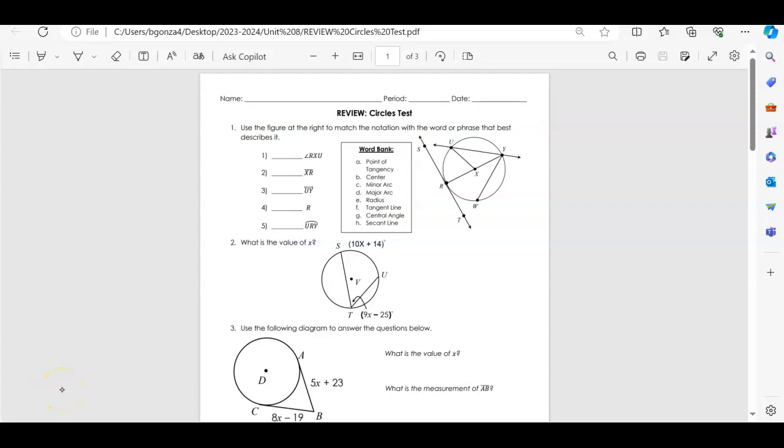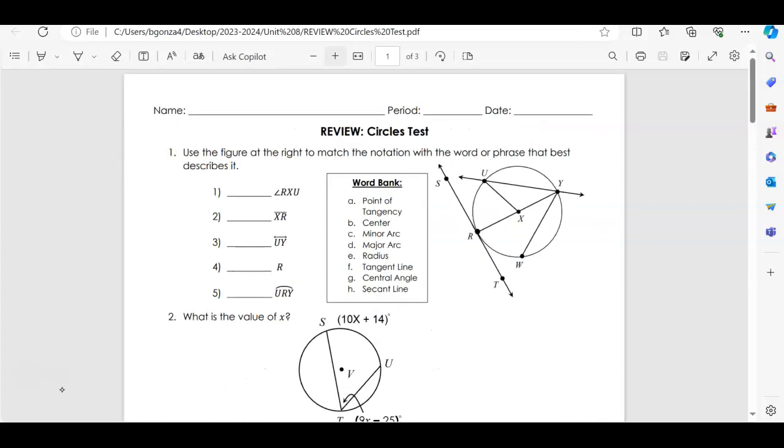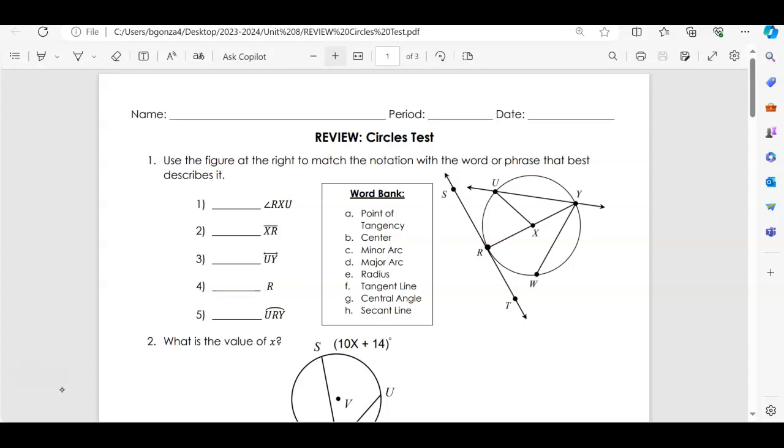All right, we're going to review for this test. The test is probably going to actually be on Friday. So here we go. Use the figure to match the notation with the word or phrase that